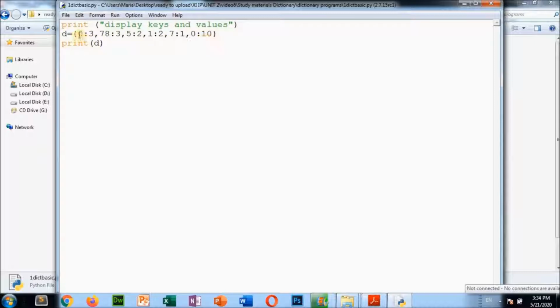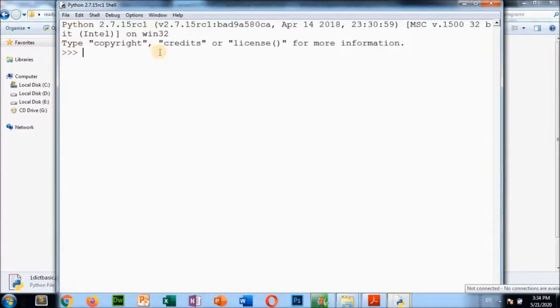But here, see, 0 should be unique because this is a key. Okay, a key should be unique in a dictionary. So here see this is 0, and another key is also 0. Only one key will come in the output. The next value it will not take, because repetition it will not take in a dictionary. Okay. So now if you run this program, see what will come.